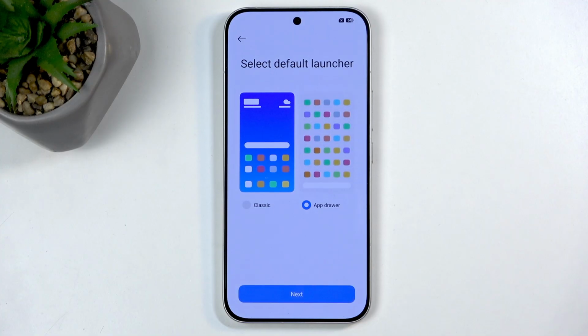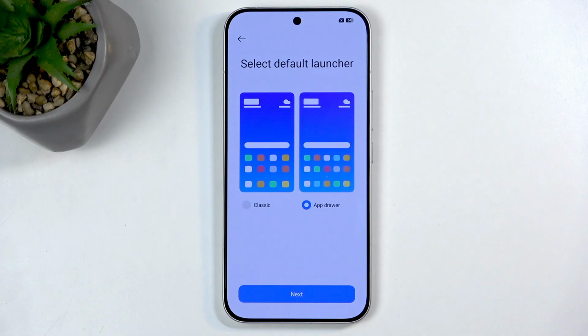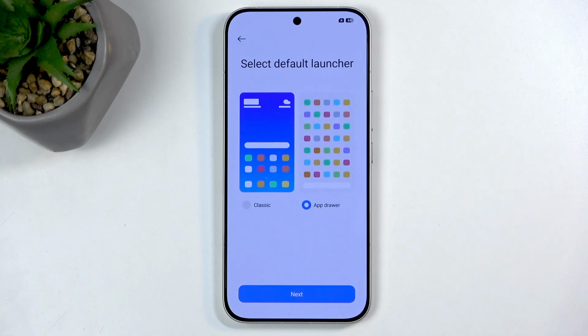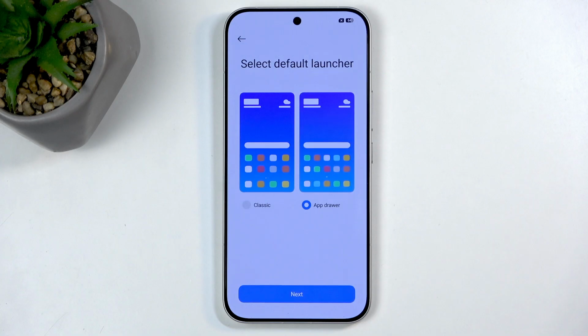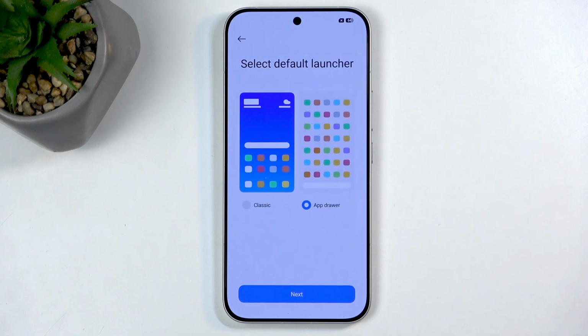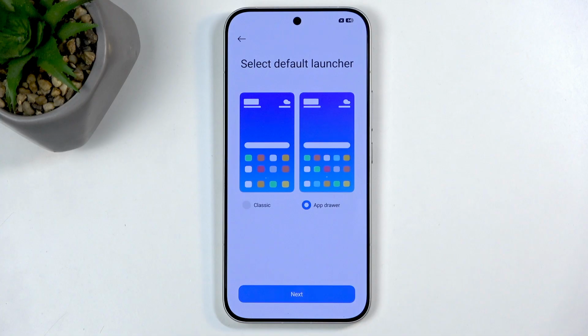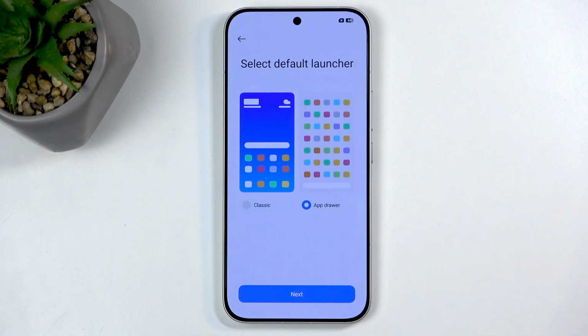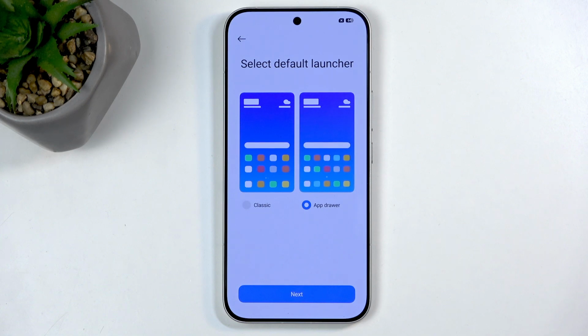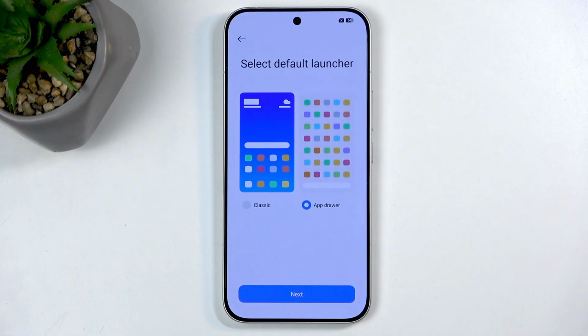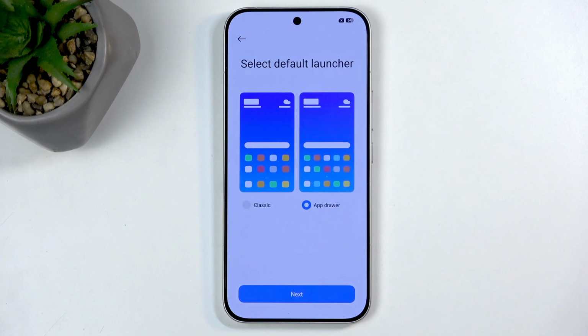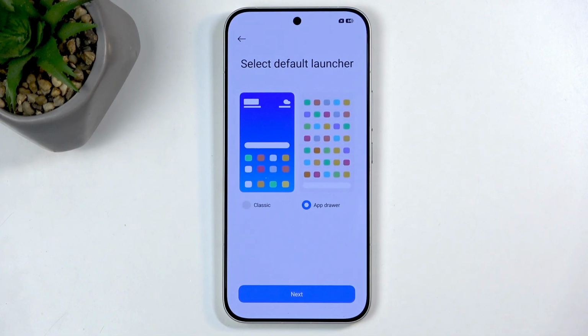And here we can select our default launcher. We have classic one and updrawer. Now, I personally like the updrawer, which is selected by default. Okay, that's neat. So you can choose whichever one you want. I also want to point out a neat feature about the updrawer here is that it has at the very top categories, which applications that you download get automatically sorted between, making them much easier to locate whatever application you're looking for later on if you have a lot of them. Instead of scrolling to them alphabetically, you can just select a category like communication, and you will have things like all the social media along with messaging apps,